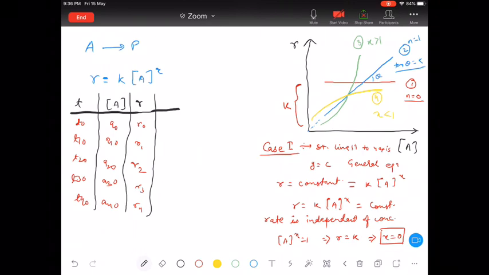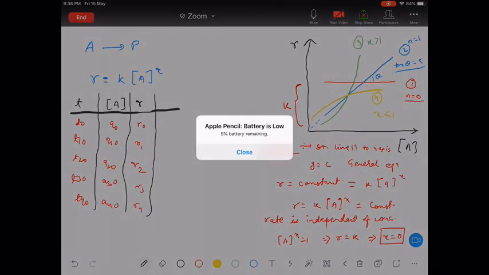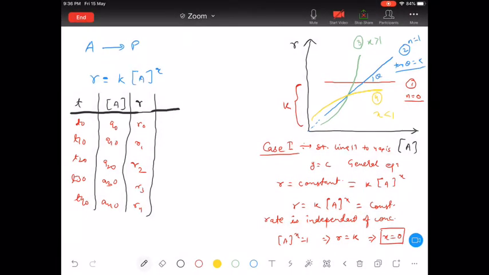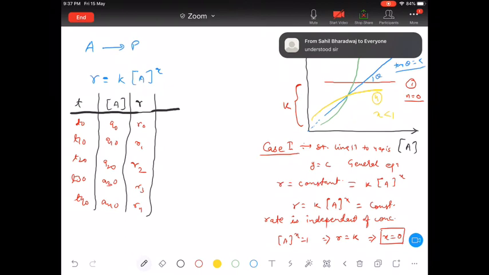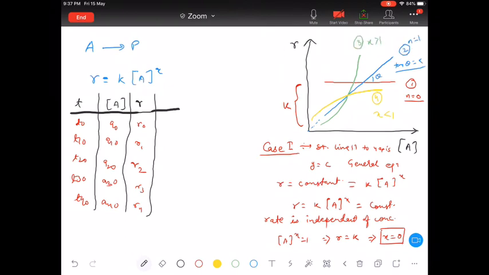So here guys, now in case 3 and case 4, if we obtain case 3 or case 4, in that case what should we do? There we are just getting an idea that the order is either greater than 1 or less than 1. There we are not getting any exact value. In that case, what should we do? Understood, very good.